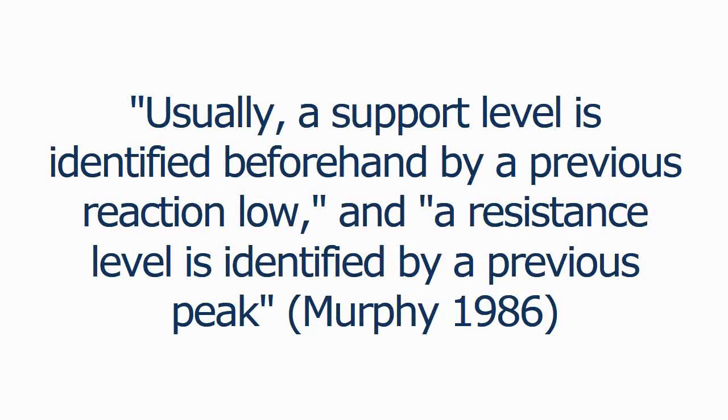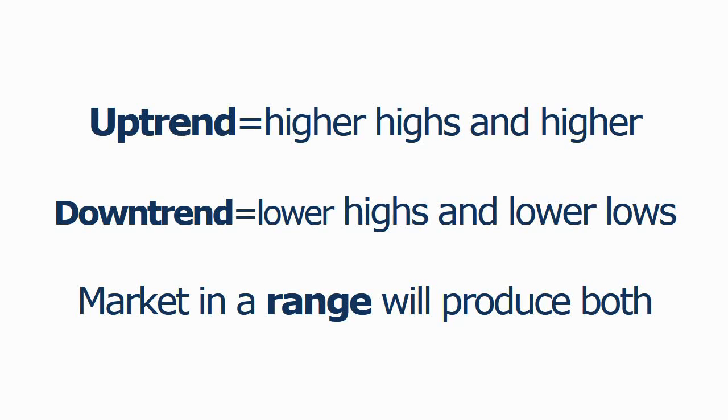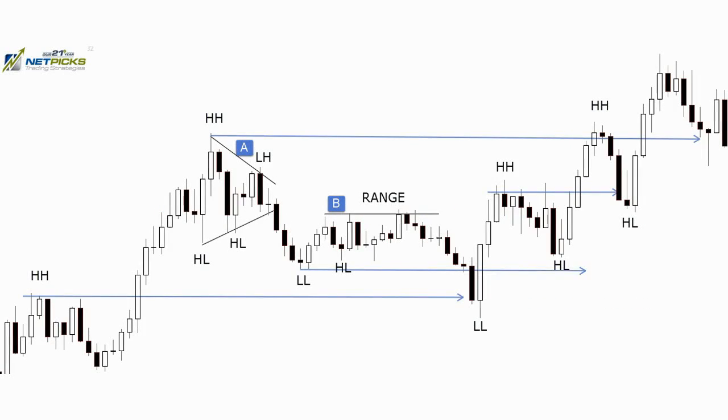A market in an uptrend will produce higher highs and higher lows. A market in a downtrend will produce lower highs and lower lows. A market in a range will produce both. So our rules for defining support and resistance levels are, number 1, some type of trending pattern, and this example